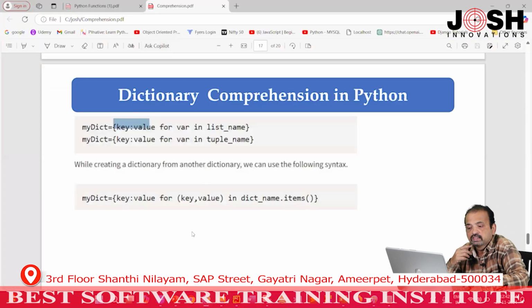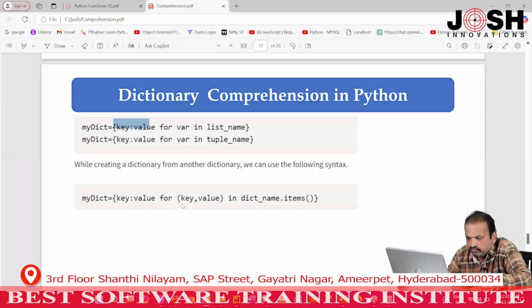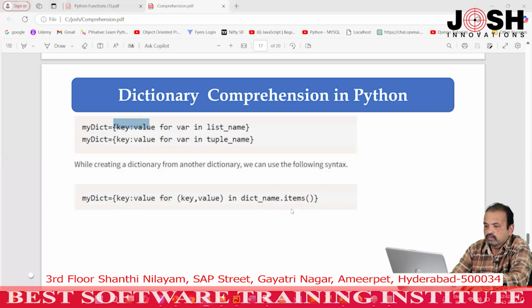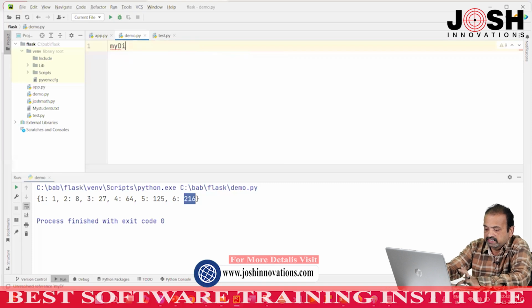Next important is how to create a dictionary from another dictionary. How to create a dictionary by using comprehension from another dictionary. And the syntax is what? Key colon value for key comma value in dict name dot items. So, what I will do here, first I will create one dictionary, my dict, for example, my dict 1, or my dict, whatever, equals to